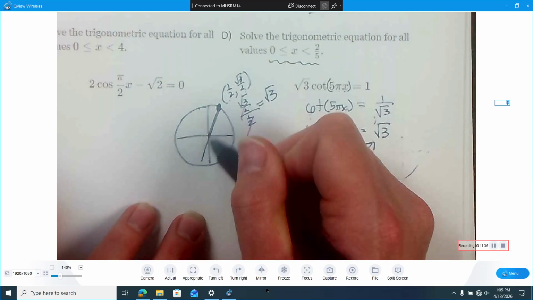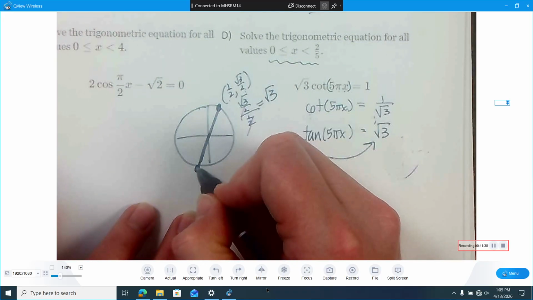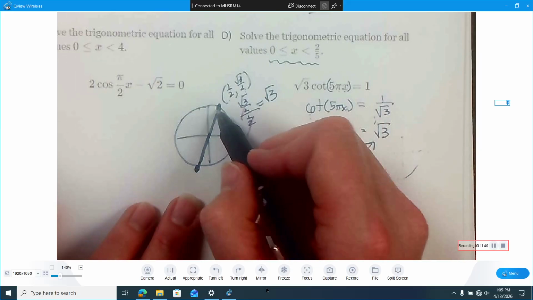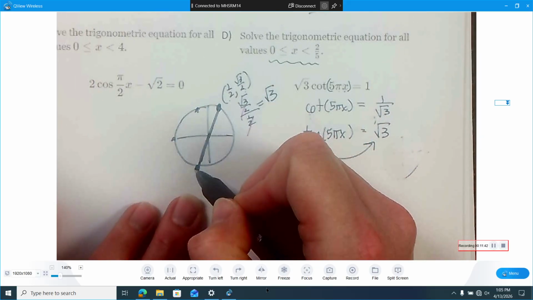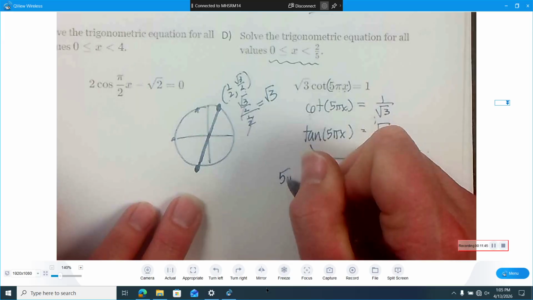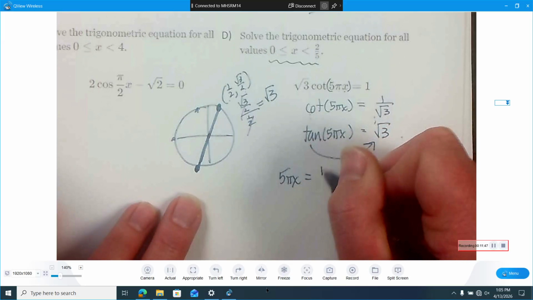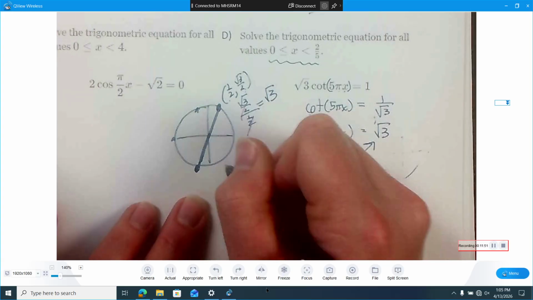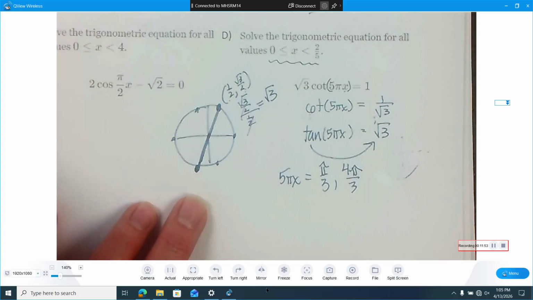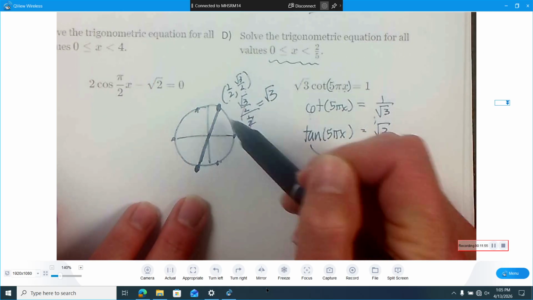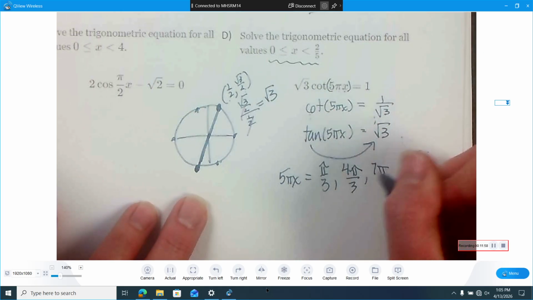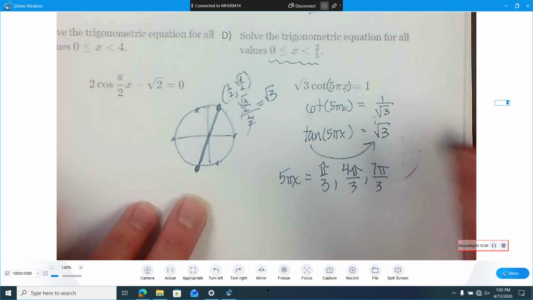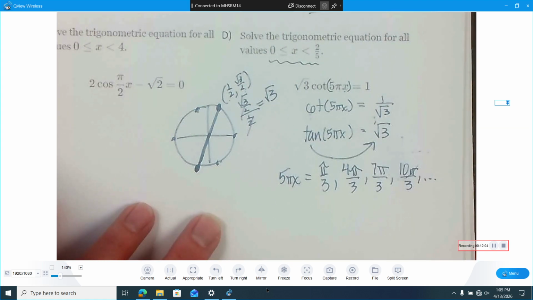And straight across, which is, let's see, 1 pi over 3, 2 pi over 3, 3 pi over 3, and 4 pi over 3. Good. So 5 pi x equals 1 pi over 3 or 4 pi over 3. And again, I just want to keep counting. So that was 4, 5, 6, 7 pi's over 3, 8, 9, 10 pi's over 3, and so on and so forth. We could do it a lot of times around, but